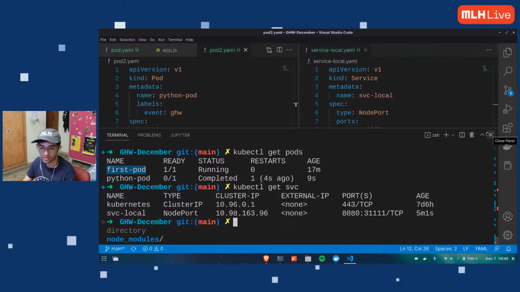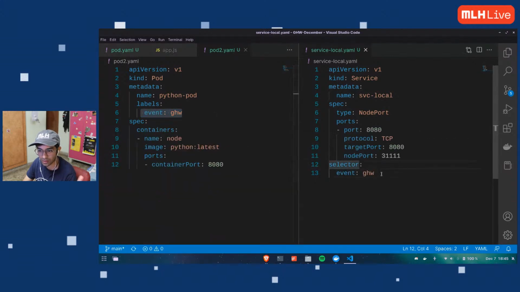But one unique way to identify a pod is label. So I'm telling my node port service, which is exposing my port to my browser, to look for the pod in the selector which has the label event called GHW.